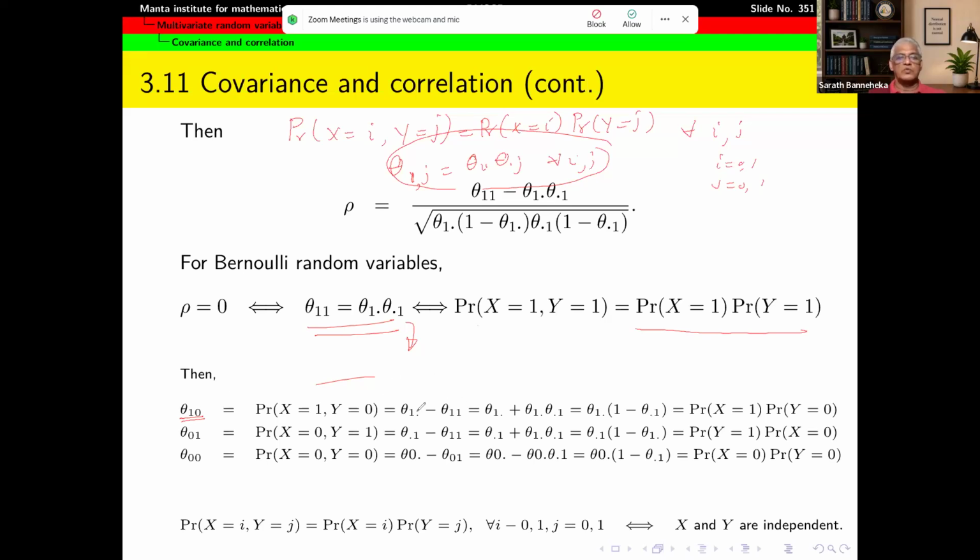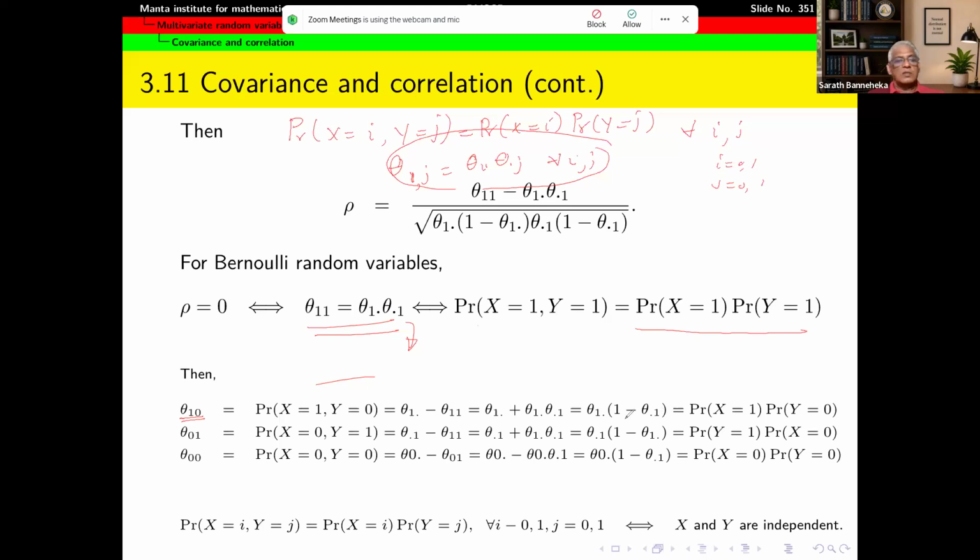This plus this equal to this one. Therefore, this thing is equal to this one minus this one. But now we have an expression for theta 1, 1 coming from this one. When you substitute that expression, you will see that theta 1, 0 is equal to theta 1 dot